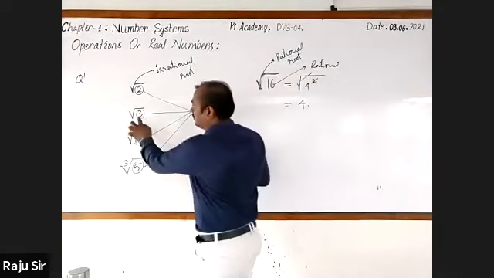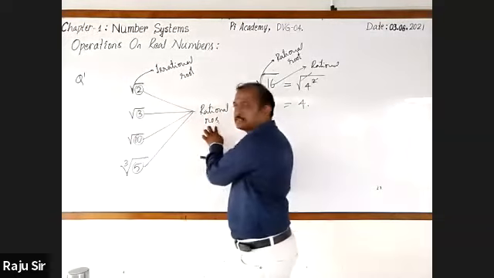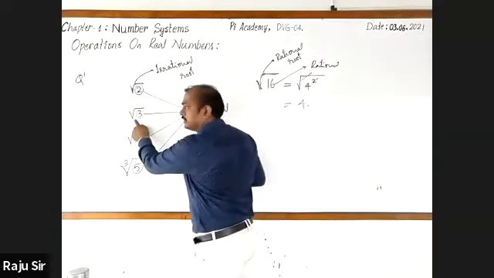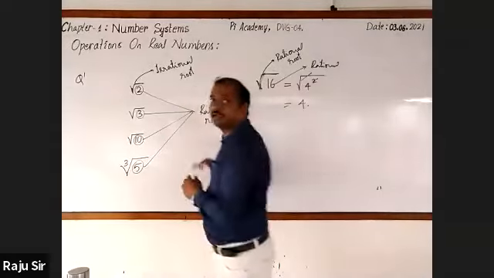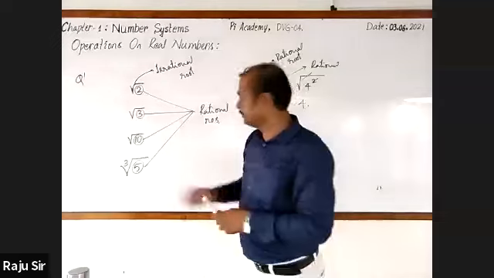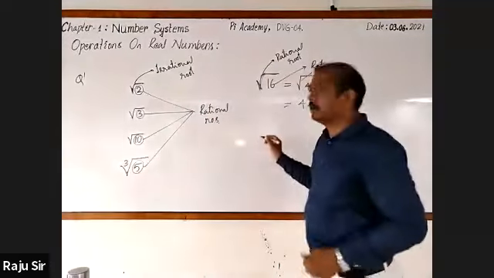Similarly, here root 3 is irrational. Root is irrational. In this, cube root is irrational. Sir, cube and root will cancel, sir? We cannot cancel them, because cube and root can only be cancelled in certain cases. I'll give you one example.